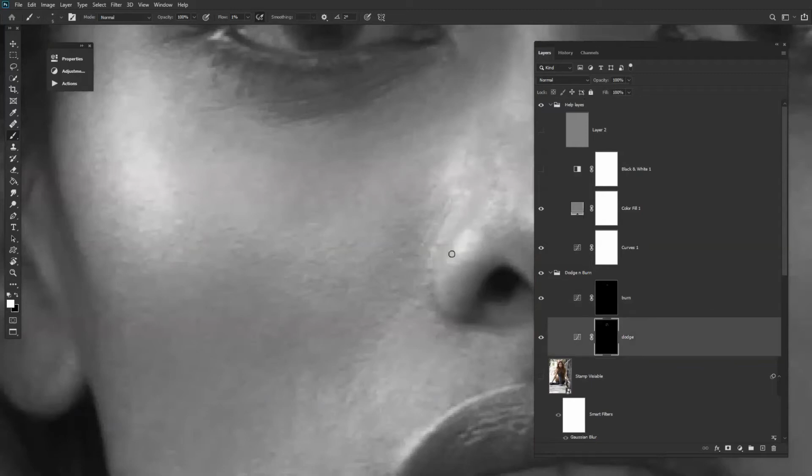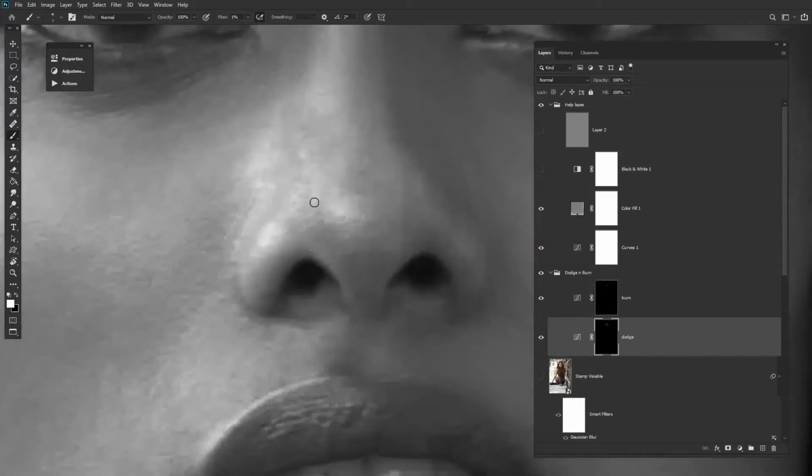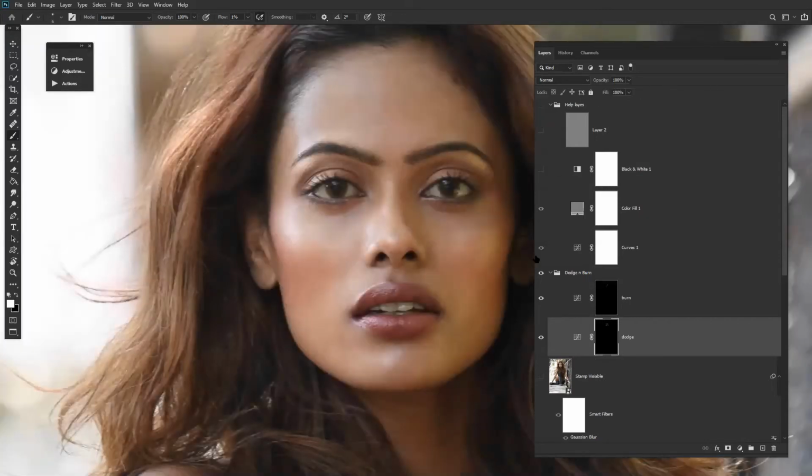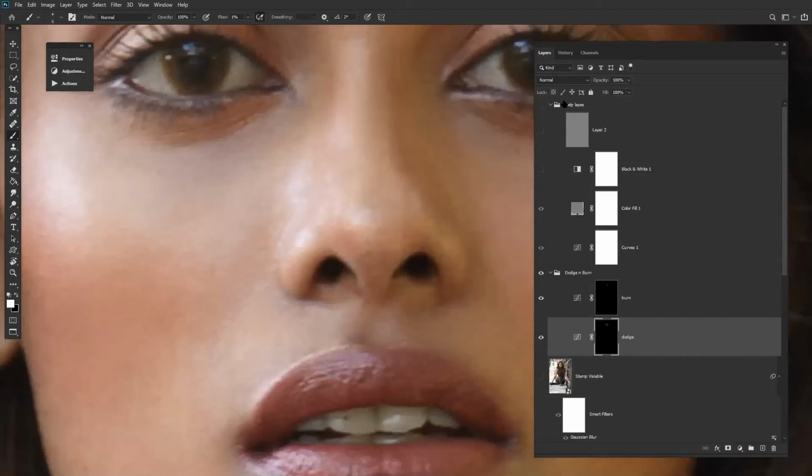Now we will dodge out to match it a little more, the hard lines a little more. Here is an odd spot to dodge out.